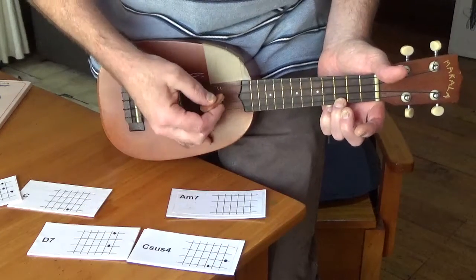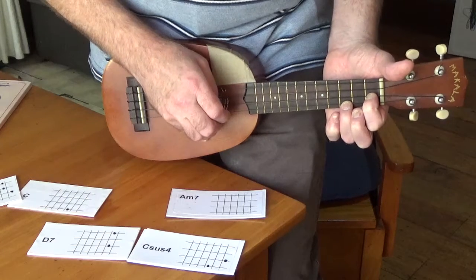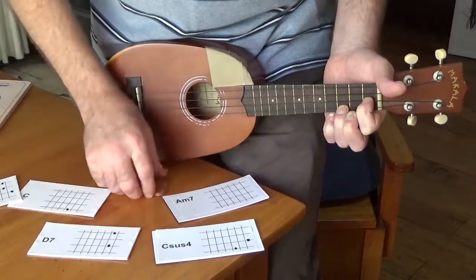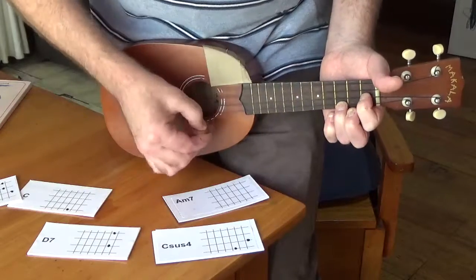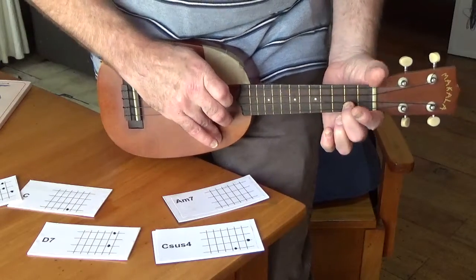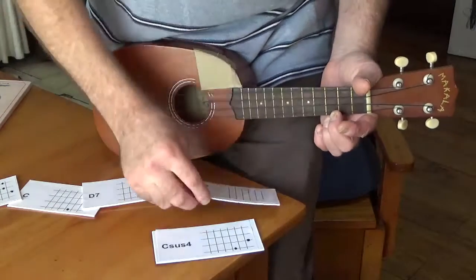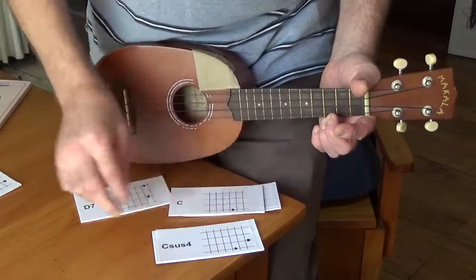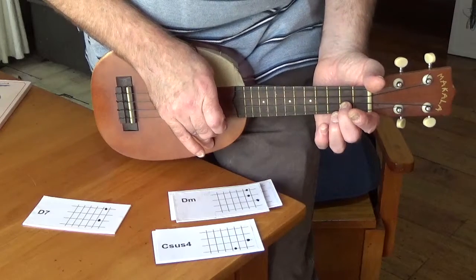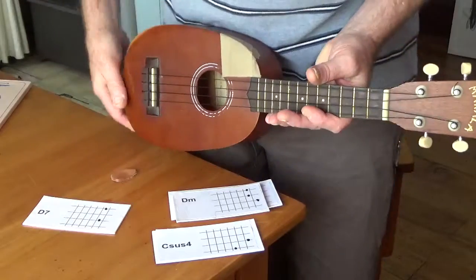Another little variation you do is when you're in C, which is A string 3rd fret, just press down on the E string 1st fret, and that's C sus4. So you're going from C to C sus4, and it's a nice little variation, intensifier, whatever you want to call it. And the other one that we've done before is D7. Incidentally, I forgot to say that that's A minor 7, that's C, that's D minor. So D7 is E string 2nd fret and G string 2nd fret, and that's D7,